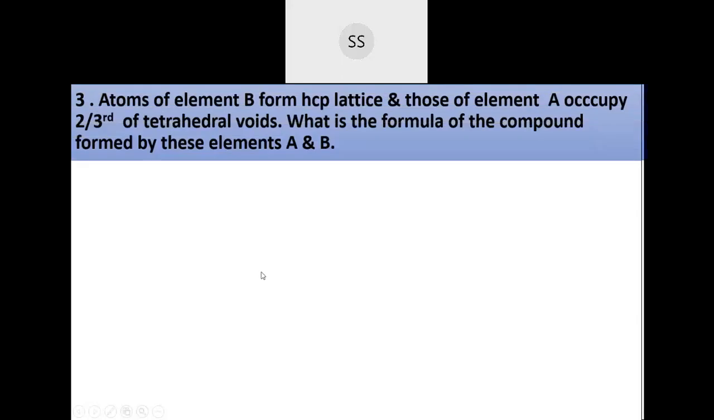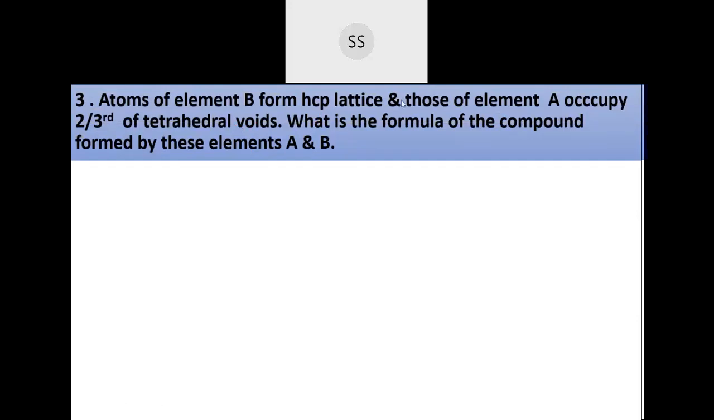So I had given you these two problems. First one was: atoms of an element B form an HCP lattice and those of element A occupy 2/3 of the tetrahedral void. Okay. And they are asking you what is the formula of the compound formed by these elements A and B. So that means you need to calculate how many atoms of A and how many atoms of